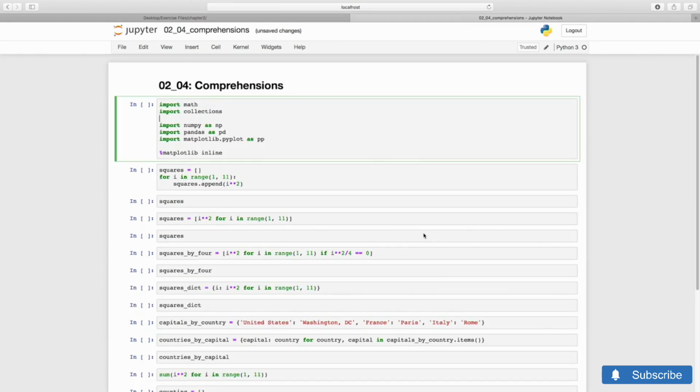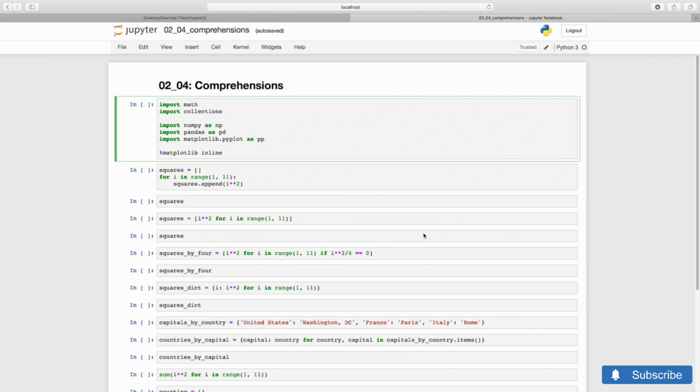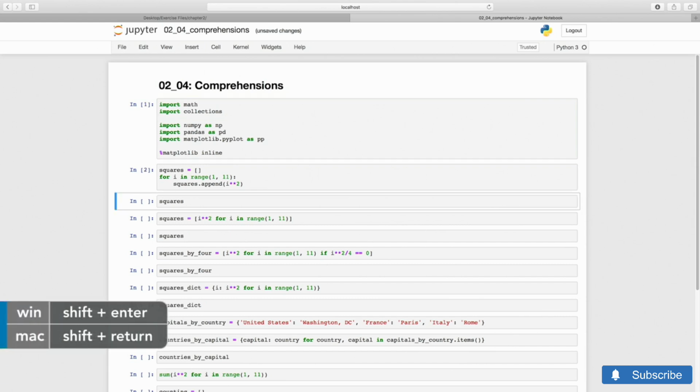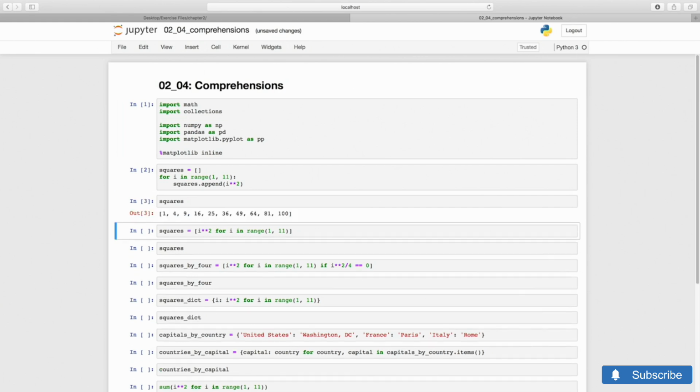In Python, especially when you're dealing with data, there are many cases where you want to iterate over a list or a dict, perform an operation on every element, and then collect all the results in a new list or dict. You can certainly do that with a loop. For instance, picking up the example from the last video, let's compute the first 10 squares, starting with an empty list and adding elements in the body of the loop with append. This works, but we can do better.